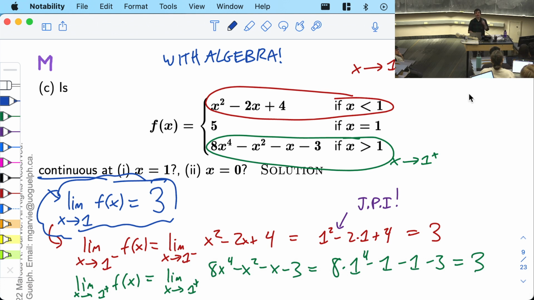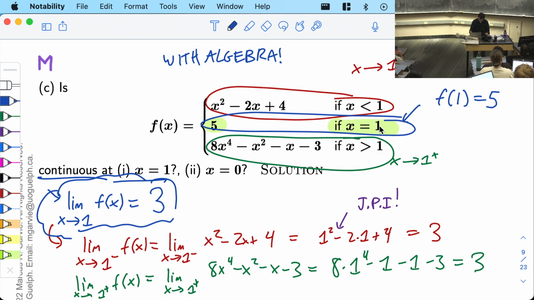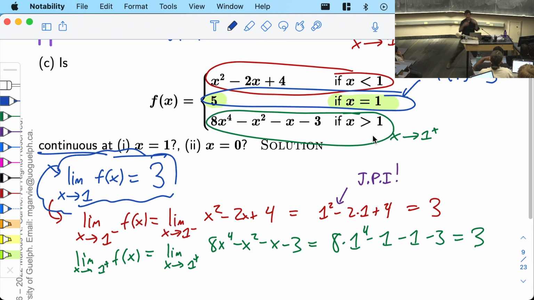Why? Well, how do you know it's an open dot at 3? So this is 5. I think you're telling me that f of 1 equals 5, right? That's this line. And therefore it's continuous? So you're saying, I think I get what you're saying. You're saying we have this algebra, we have this 3 and this 5, and you are trying to translate into